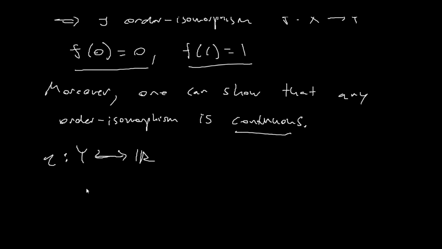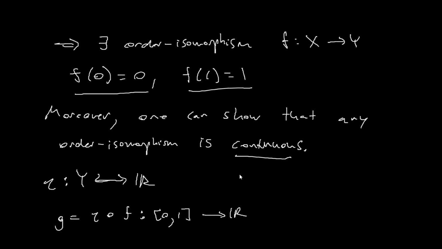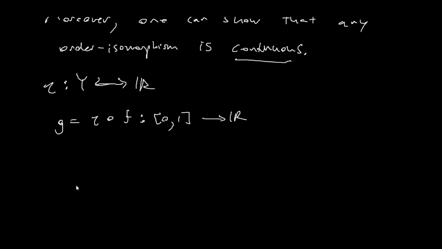This is also a continuous map, and then let's define g to be the inclusion composed with f. So then it's just going to be from the closed interval 0, 1 to R. And now what we're going to see is that we have g of 0 is 0, g of 1 is 1, g is continuous,